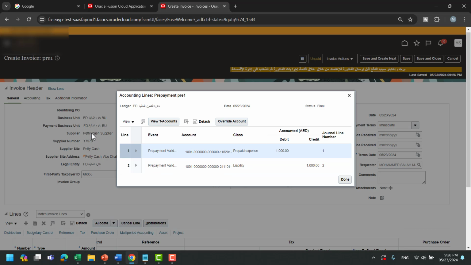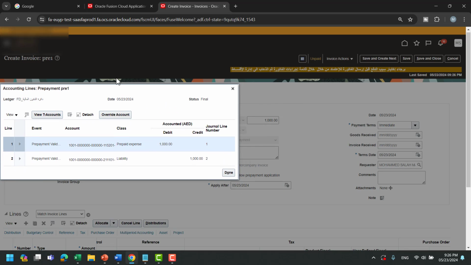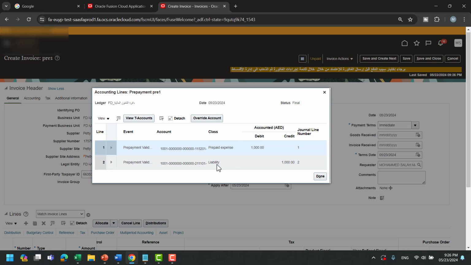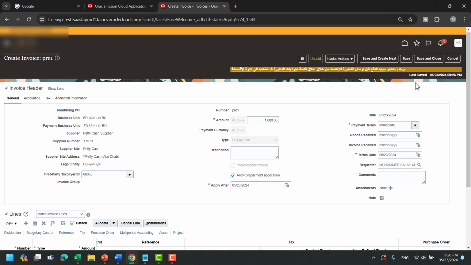Liability of the petty cash supplier, and this is prepaid because the invoice type is prepayment. Once you make a payment, the liability will be debit and the bank cash clearing will be credit. This is the normal accounting. I just make save and close